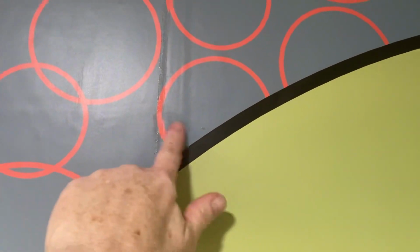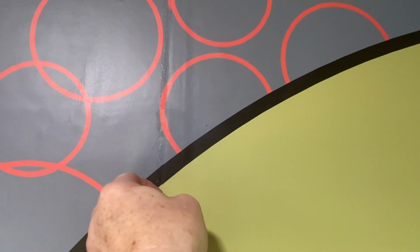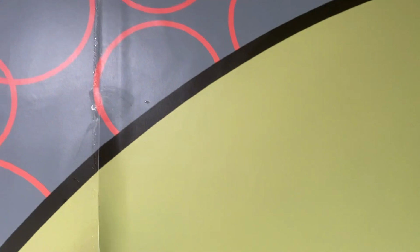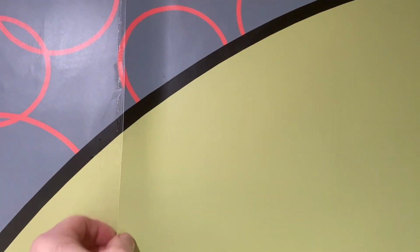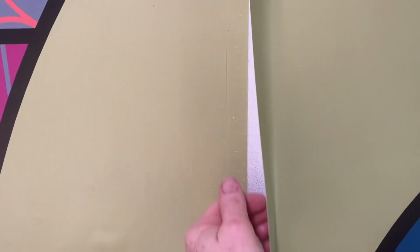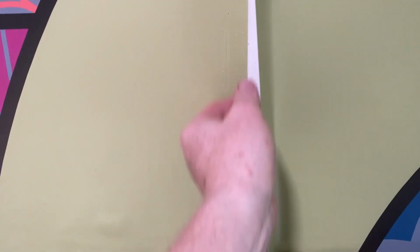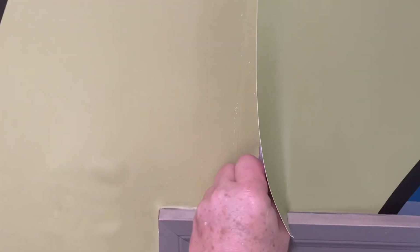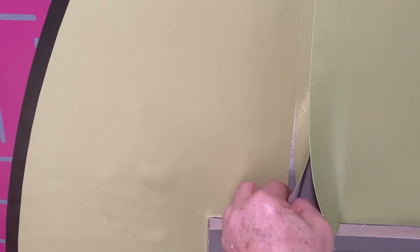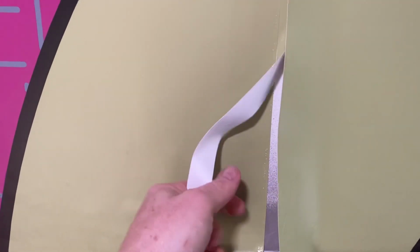That's what I'm referring to when I talk about if you leave that too long. This part that I'm removing right now, not removing it, but lifting it, that will conform, and it'll be very difficult to get that out, even with heat. You put too much heat, you're going to make it change its sheen, okay? This piece being the underlap, if you wait too long,